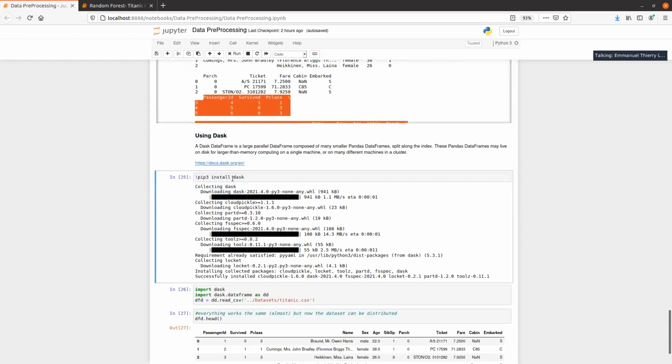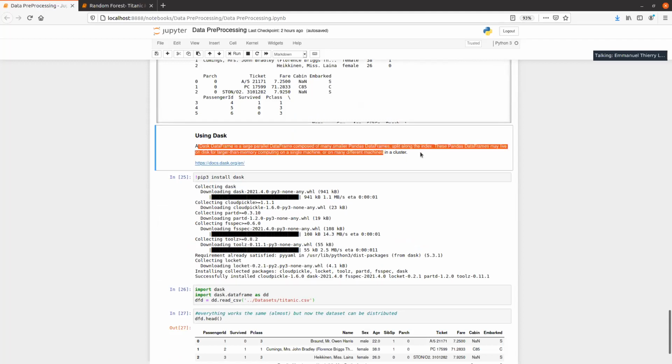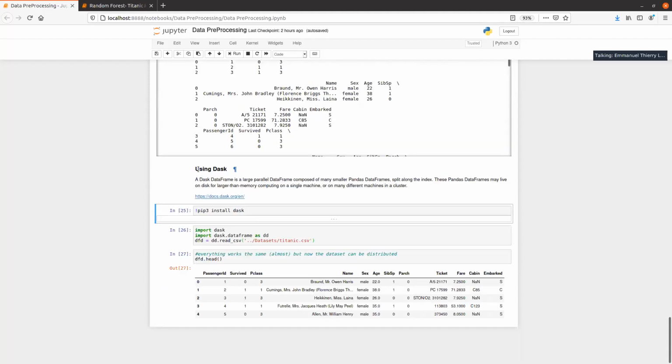So there's another way, and it's a library which we call Dask. Dask is a library that we built on top of Panda, basically.